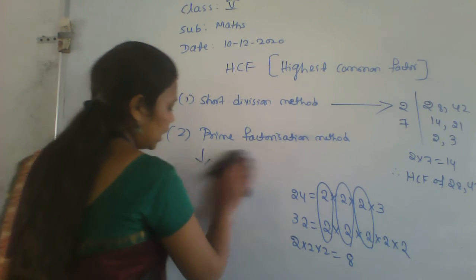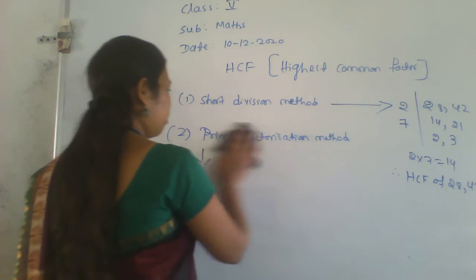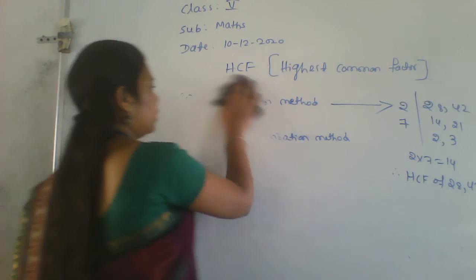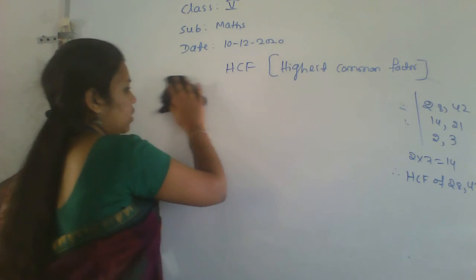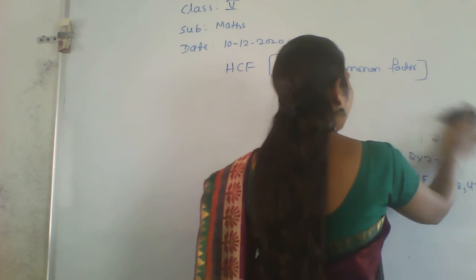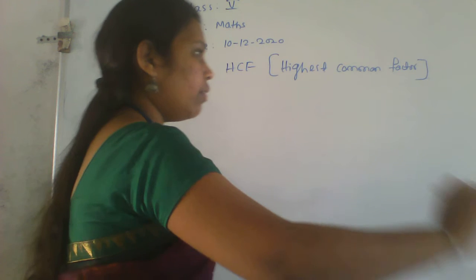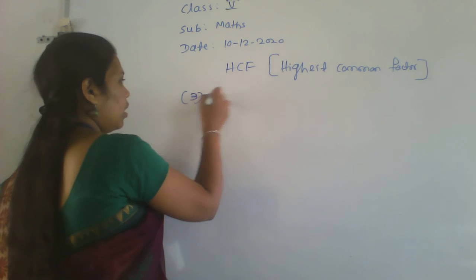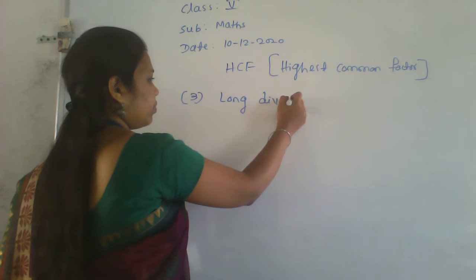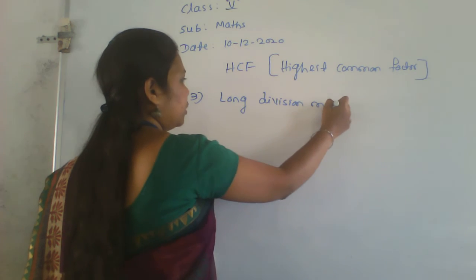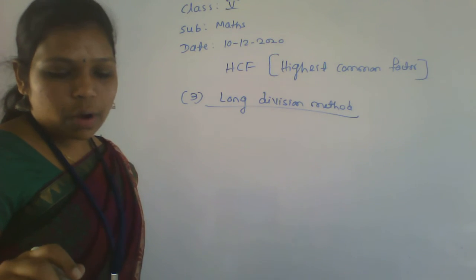Now we'll see the long division method, finding the HCF by the long division method. Short division method is also over, and prime factorization is also over. Now we'll go for the long division method. In that, what we have to do, I'll take